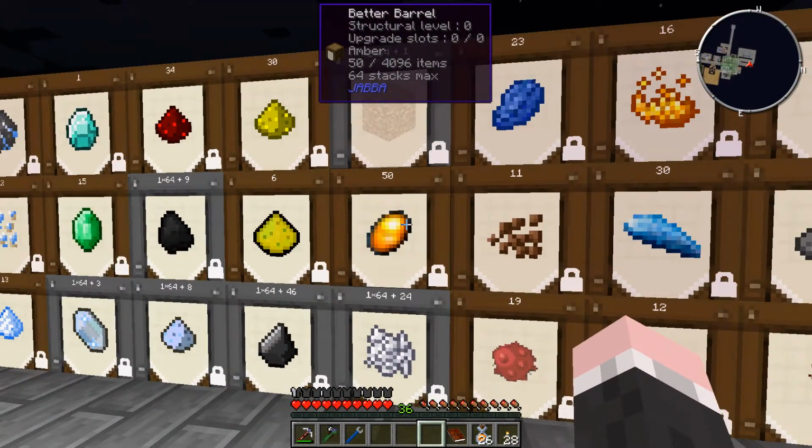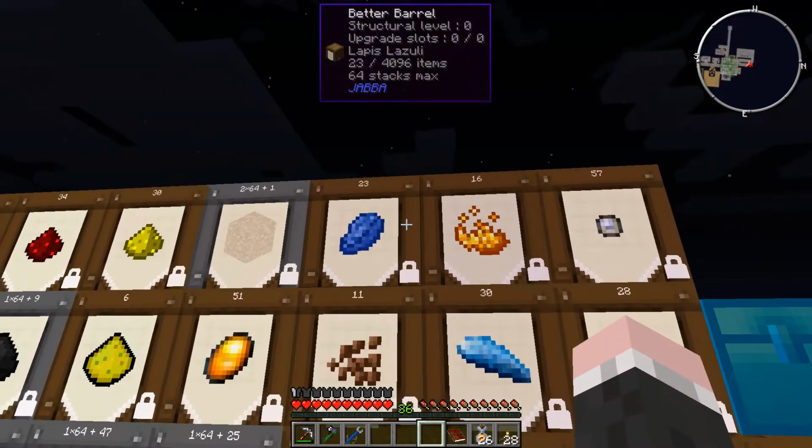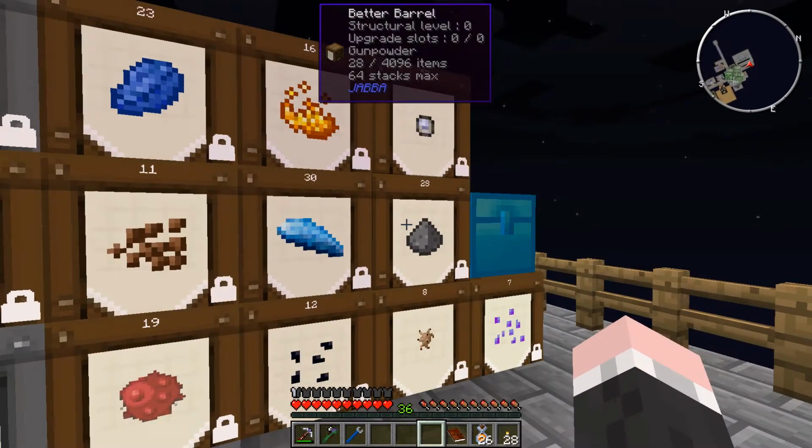Amber, pure building block, completely useless from a technical point of view. Lapis, I will need some of it, but not too much. Same for the blaze powder, not that relevant. Gunpowder I could use to generate power using a TNT generator, I think. But that makes a lot of noise and doesn't produce much power for that, so...